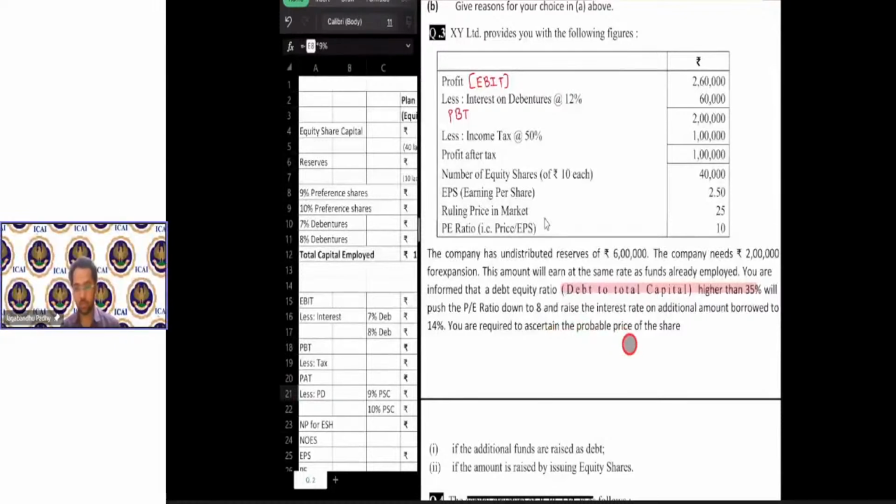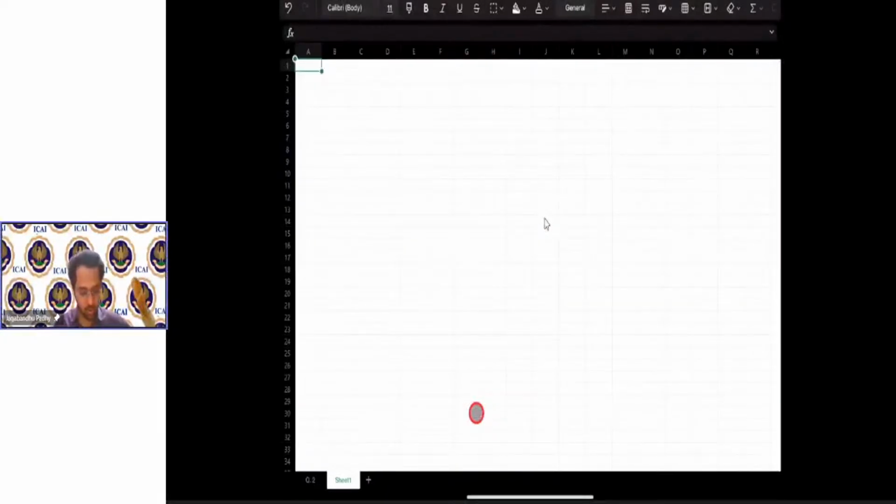So the probable price of the share needs to be computed, if additional funds are raised as debt or if the amount is raised by issuing equity shares. So we've got two options, either to raise it by way of equity or by way of debt. Now, before deciding which plan is to be chosen, I need to look at,